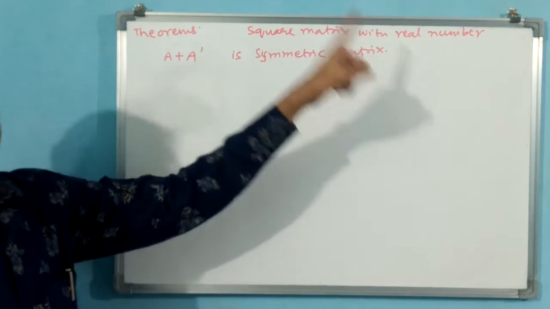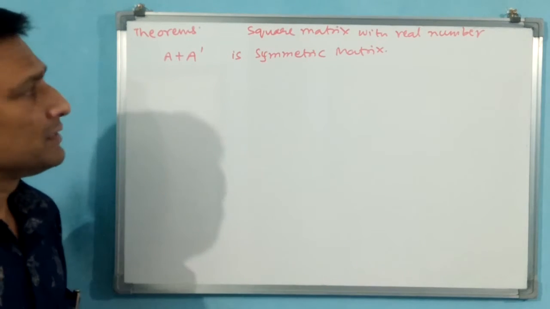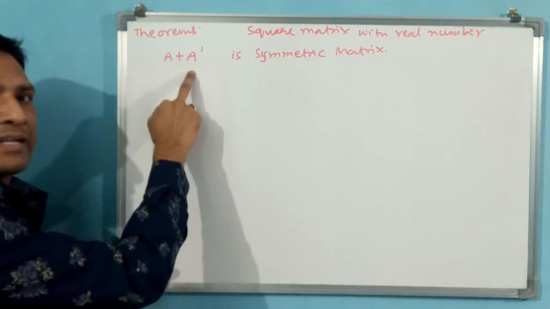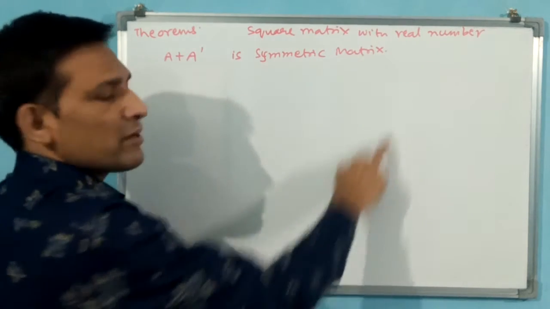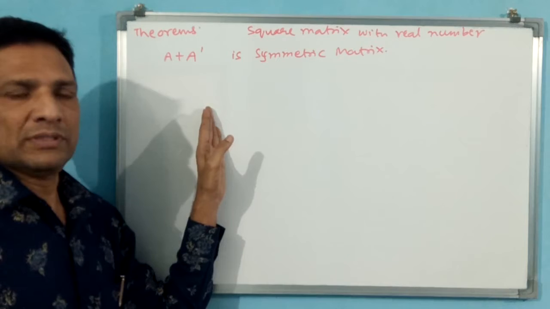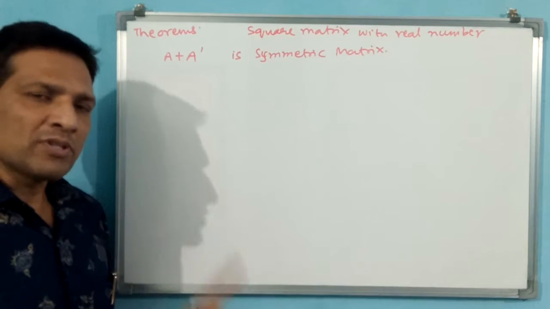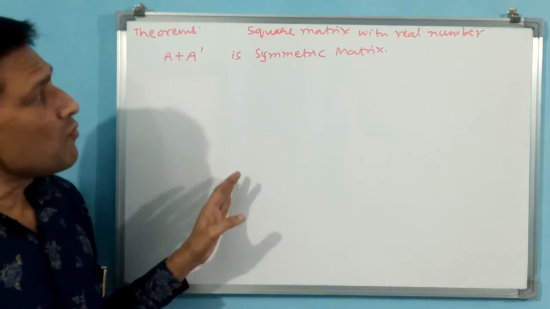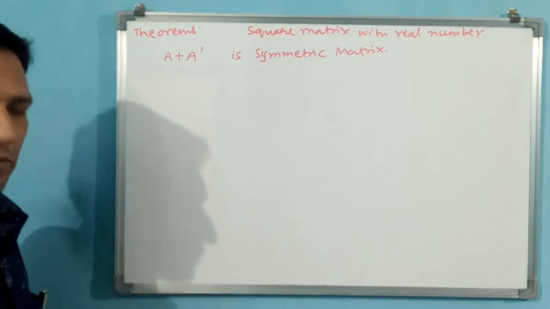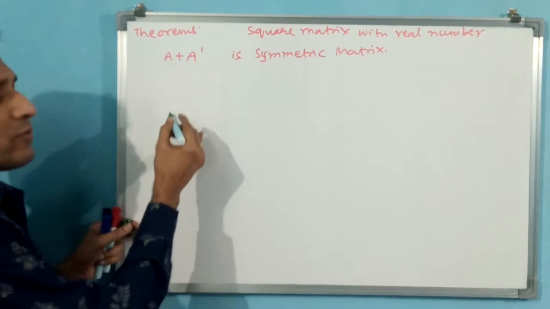With real numbers and a square matrix, A plus A transpose is going to give you a symmetric matrix. See, this is the ordinary matrix, and this is the transpose of this matrix. If you add both, that is going to become a symmetric matrix. Don't confuse: a symmetric matrix comes after transpose. Without transpose, there is no symmetric. Symmetric and non-symmetric both are square matrices. Now what we are learning is the concept for square matrices with real numbers. Now we can take the proof. Proof means not verification with an example. Directly we are taking the proof. You see how I am taking the proof.